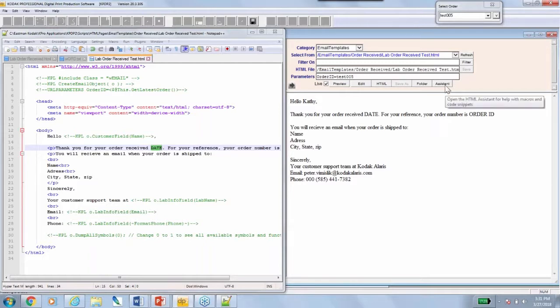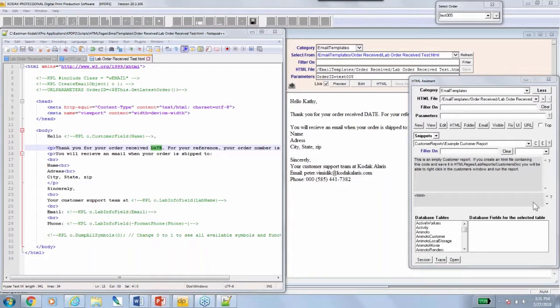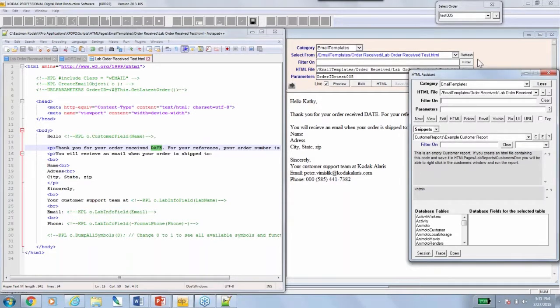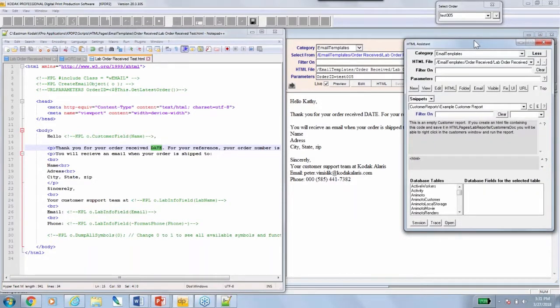So where is it? What's it called? How do I find it? This is where the assistant comes into play. And this, again, I love to say it in these sessions because I don't want you to see this and be like, oh my gosh, there's so much here. Yeah, there's a lot